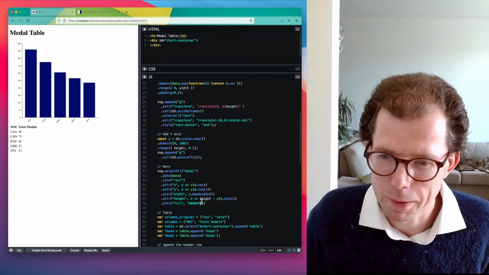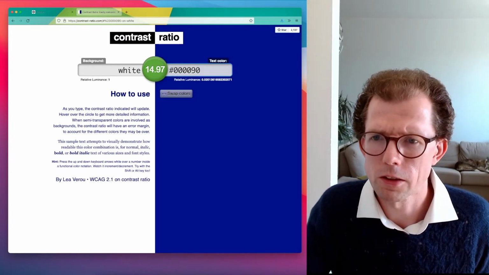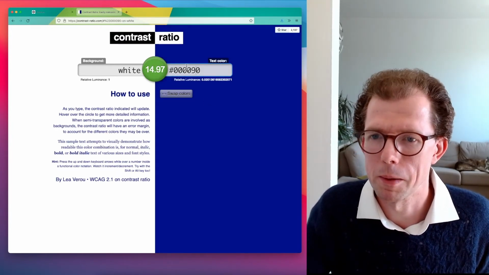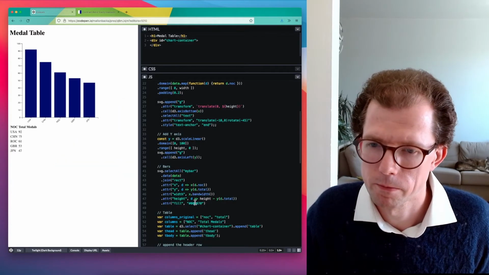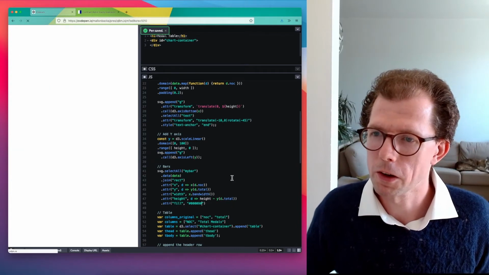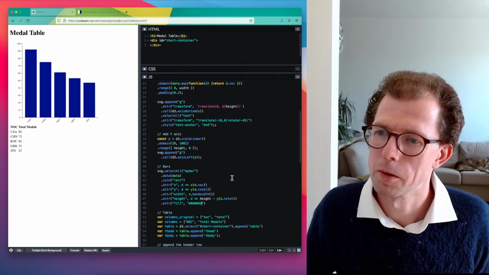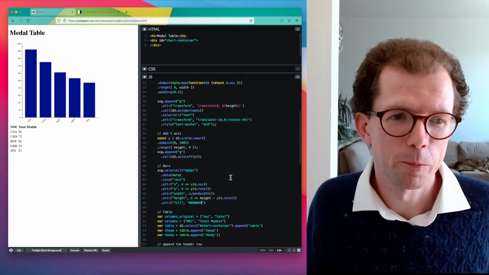We can actually go a tiny bit lighter, I think. Just check. Does 90 work there? Okay, that's maybe a bit brighter. Okay, great. So we've got a dark blue bar there now.